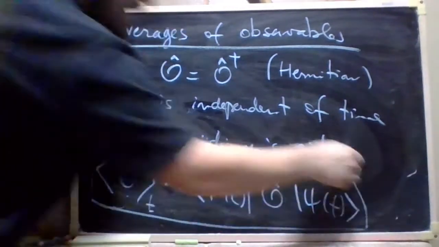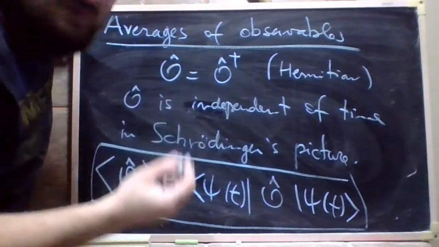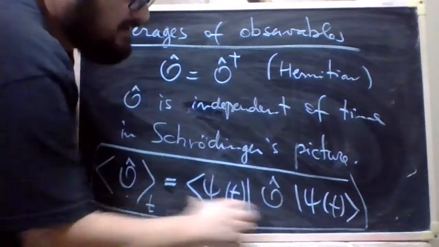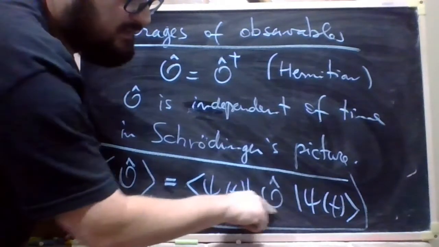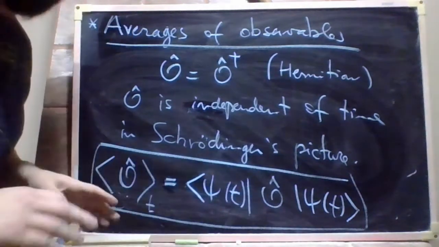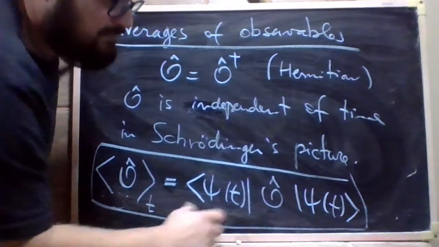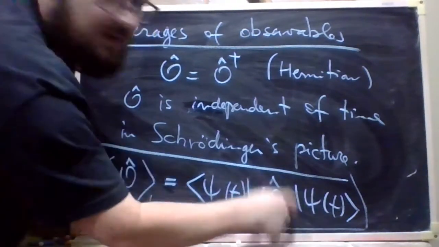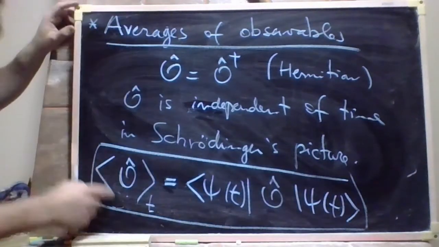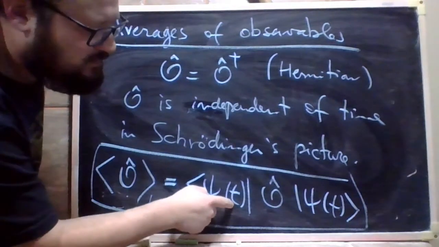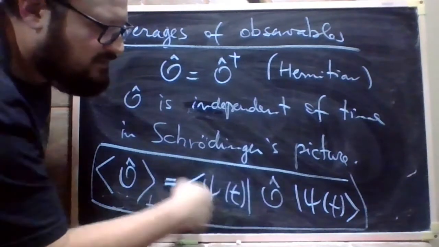All right, it's the same as the average at the initial time. I say it's the same definition. You just project states here and put the matrix in between. So it's called in the jargon sandwiching the operator. So you have a bra, the operator here in the middle of your sandwich, and a ket there. All right. So you calculate at time t just projecting with this object which is evaluated at